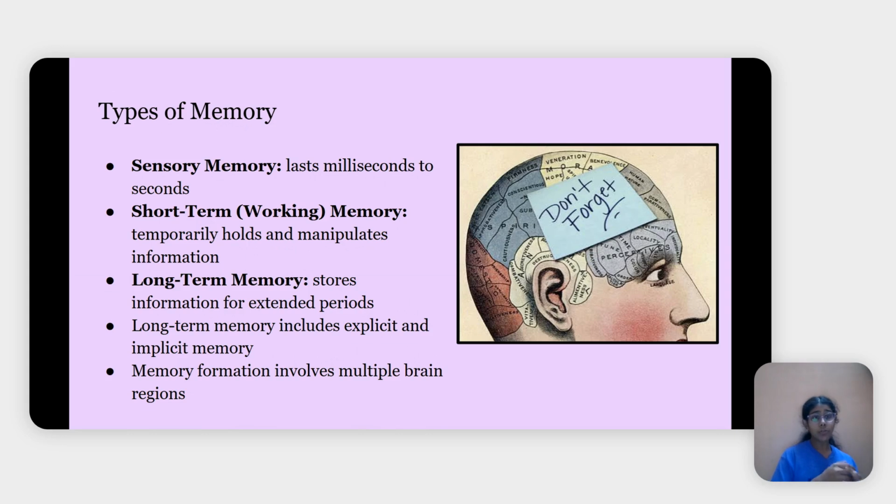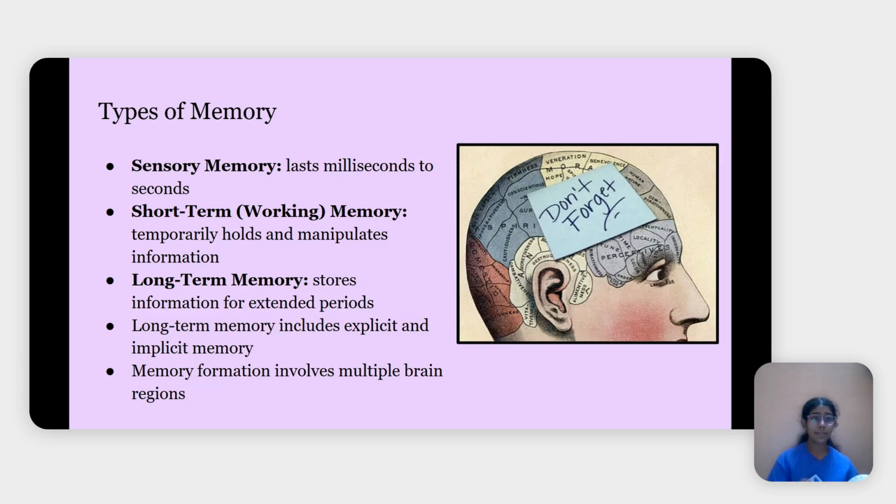Long term memory also is split into explicit and implicit memories. An explicit memory is something that requires conscious effort to remember, so anything you study, really. And an implicit memory is something that doesn't require conscious effort to remember. These are things like blinking, breathing. We don't need to remember doing it, but if our memory serves right, yes, I was blinking during this moment, or yes, I was breathing during this moment.